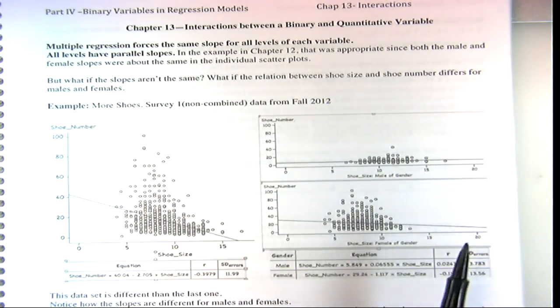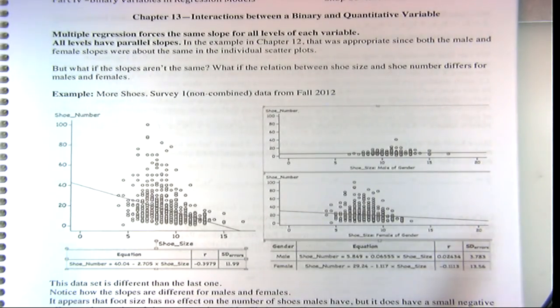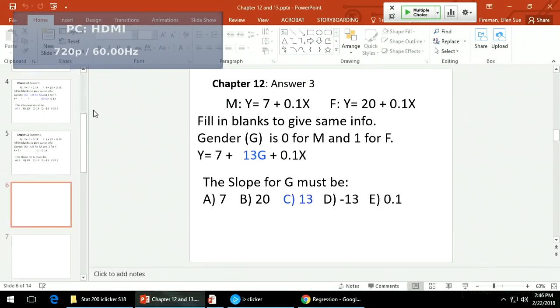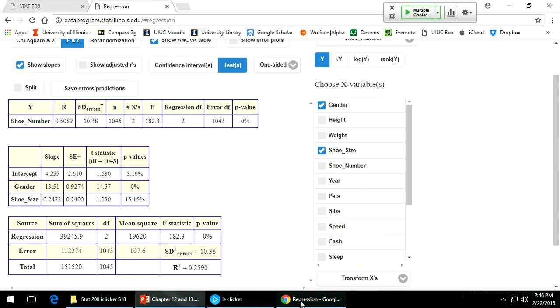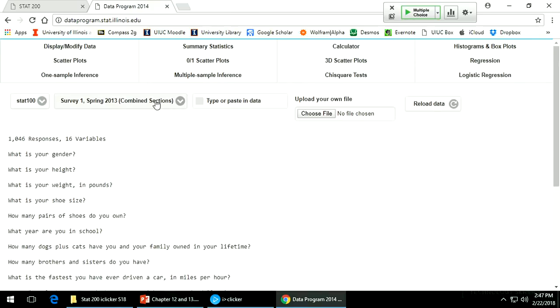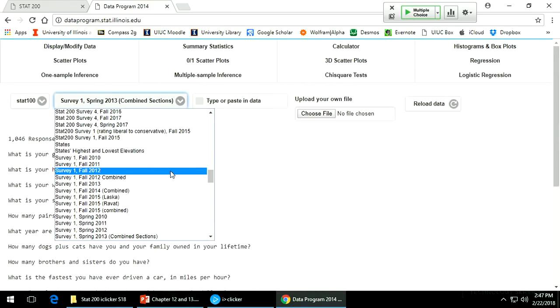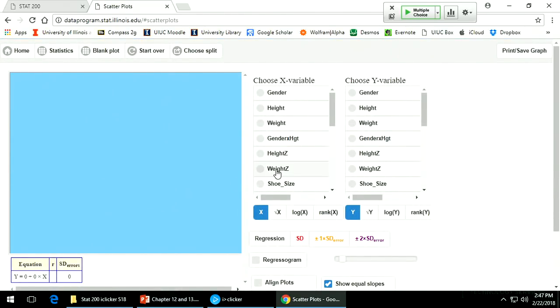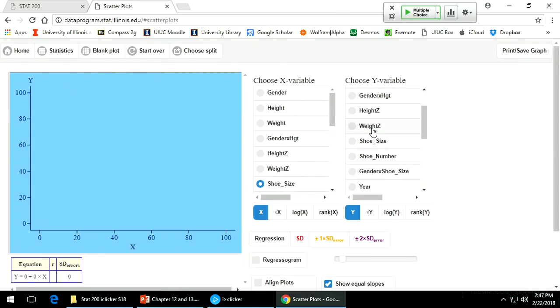So here's a different survey where we can look at this. It's the fall 2012. All right, so let's try this one. So we're going to do the same thing, scatter plot, and here we have again the shoe size predicting the shoe number,